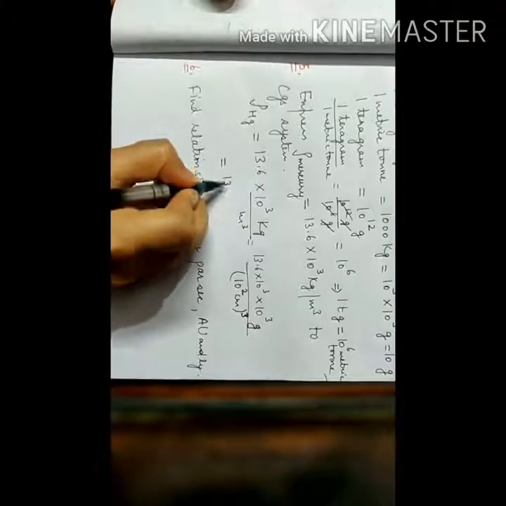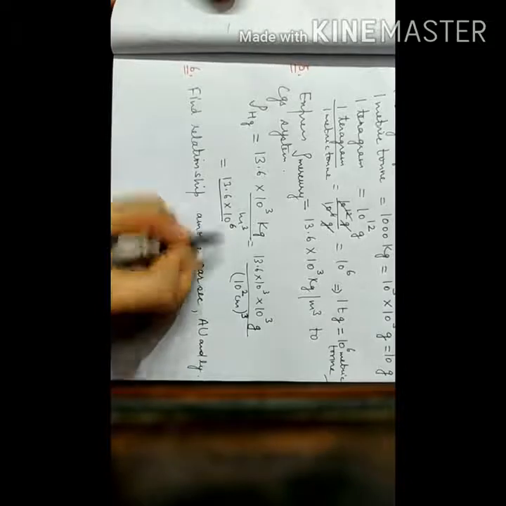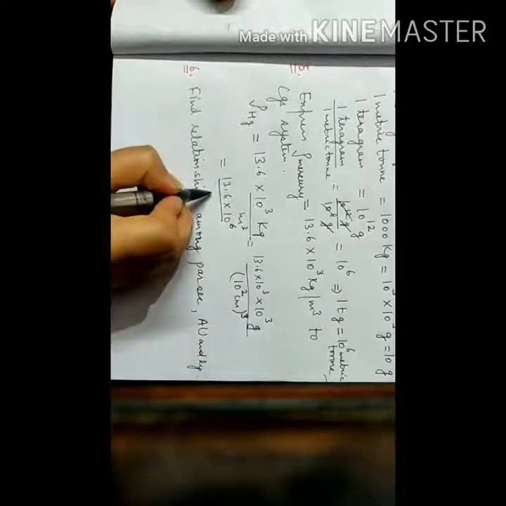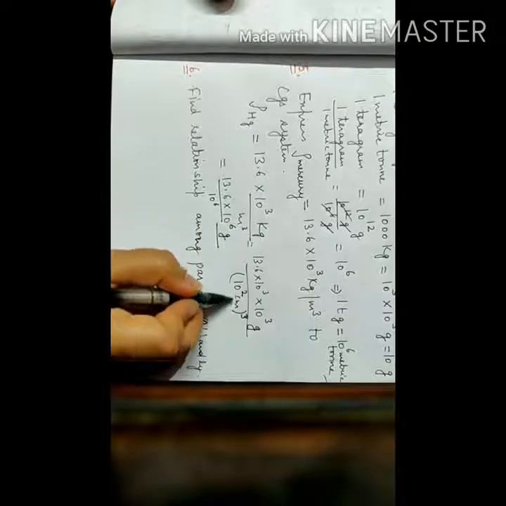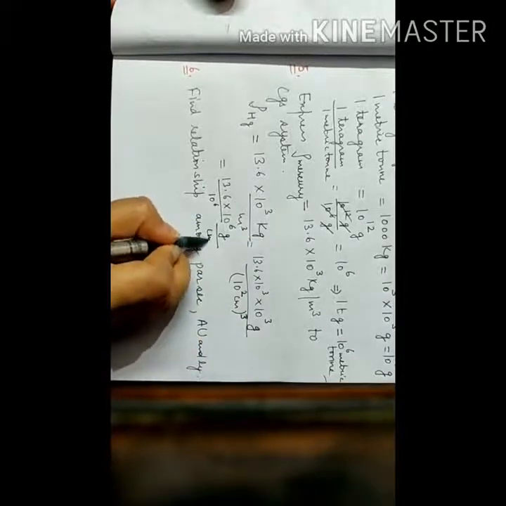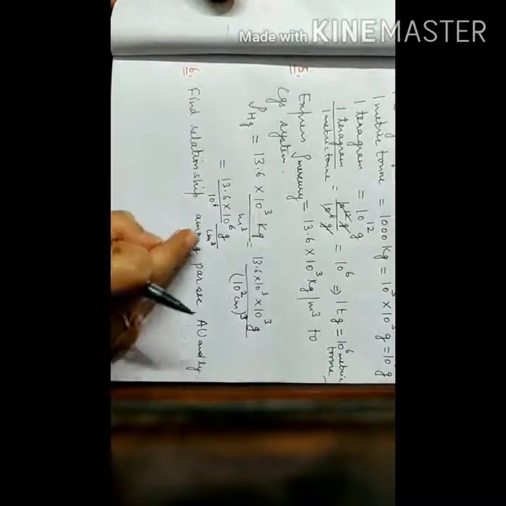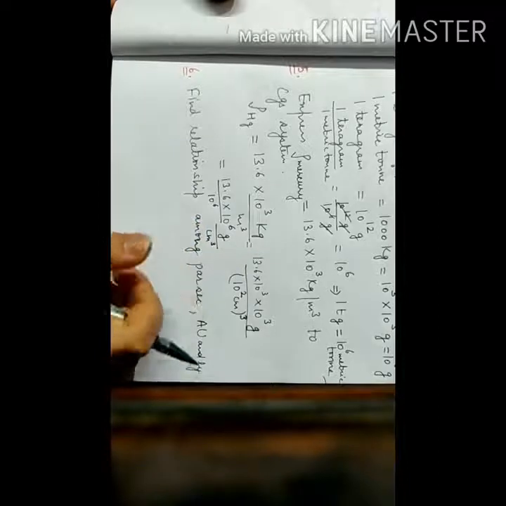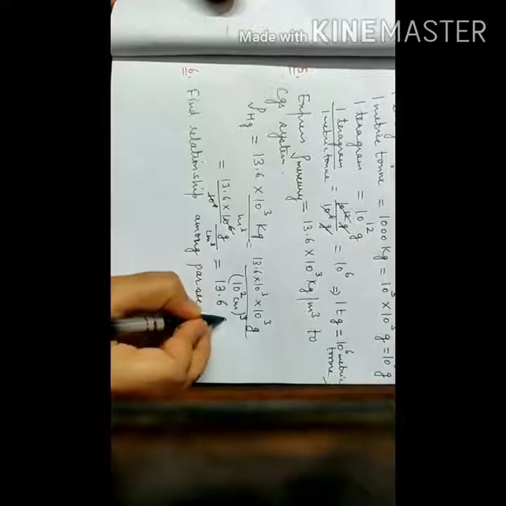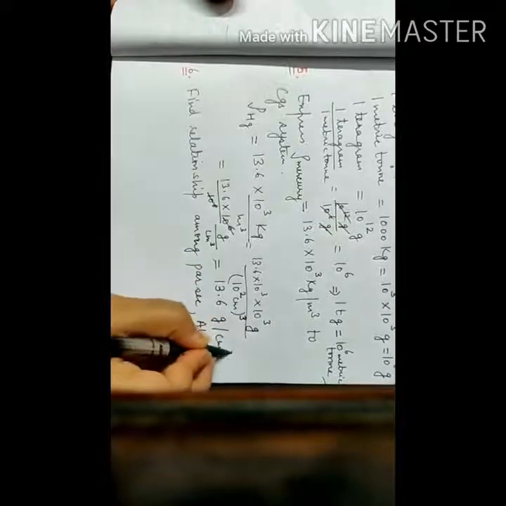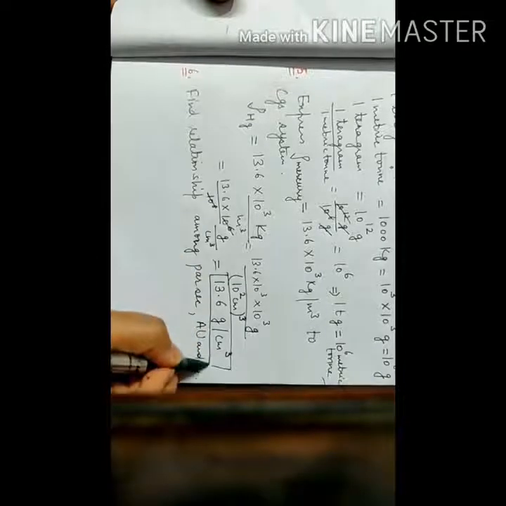सॉल्व कीजिए. 13.6 10 to the power added 6 divided by 10 to the power 2 whole to the power 3. This is 10 to the power 6 again. ग्राम नीचे है, सेंटीमीटर, सेंटीमीटर का भी क्यूब है. सेंटीमीटर का क्यूब ऐसे ही लिखा जाता है. CM is a single term, तो आप C क्यूब M क्यूब नहीं लिखेंगे, आप लिखेंगे CM क्यूब, centimeter cube. 10 to the power 6 cancels with this. You get 13.6 gram per centimeter cube. This is your answer. This is the final conversion.